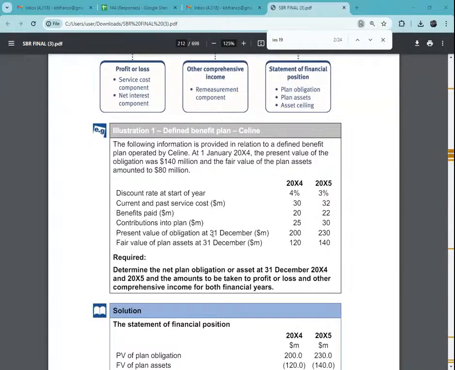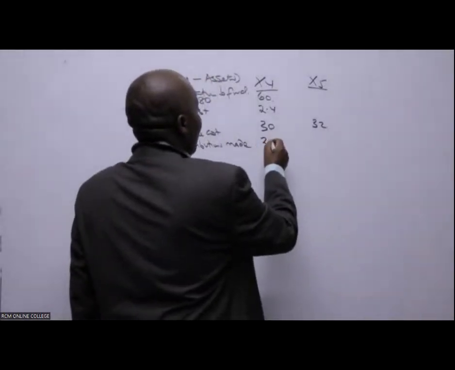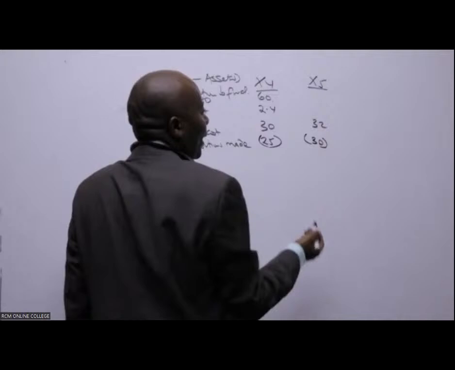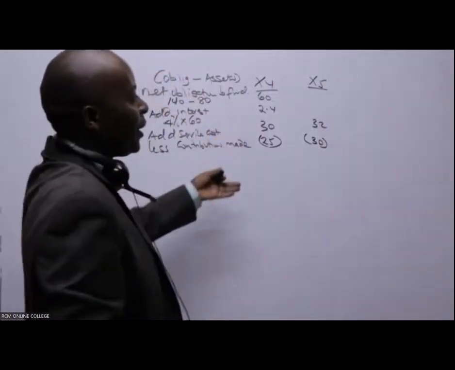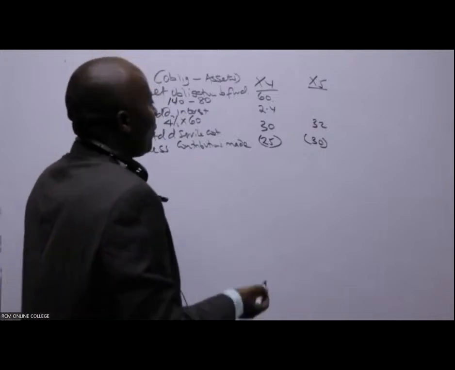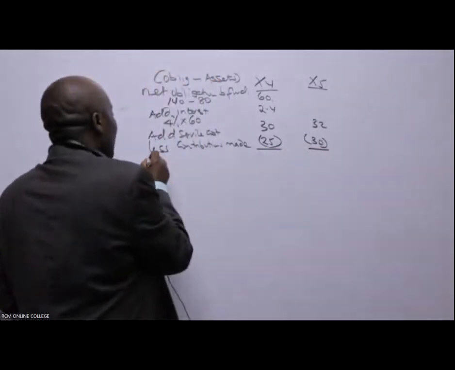You can see contributions in the plan. We have 25 versus 30. You write like that, 25 versus 30. So in this case here, contributions, we have 25. Of course, these are reducing the obligations, 30 like that. There are only 4 components. And once we've been able to factor in the 4 components, you shall come here and they give us what we call the expected